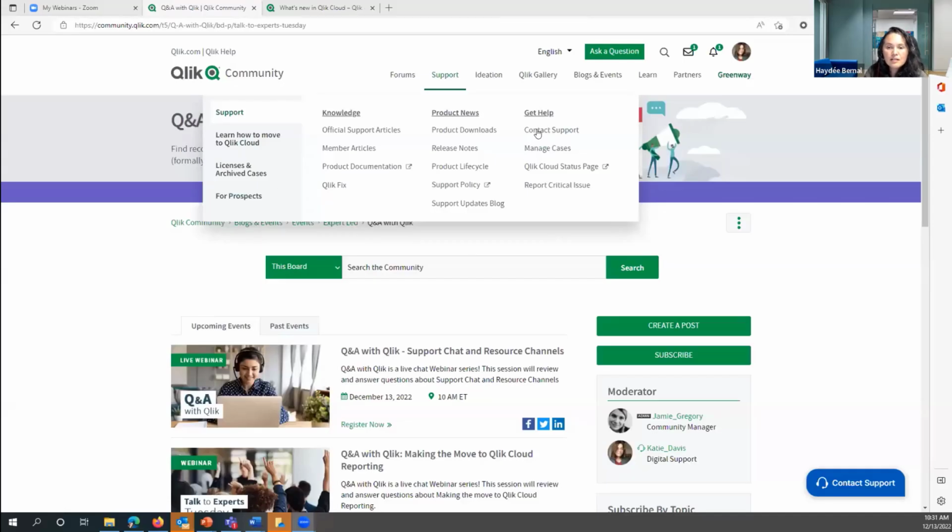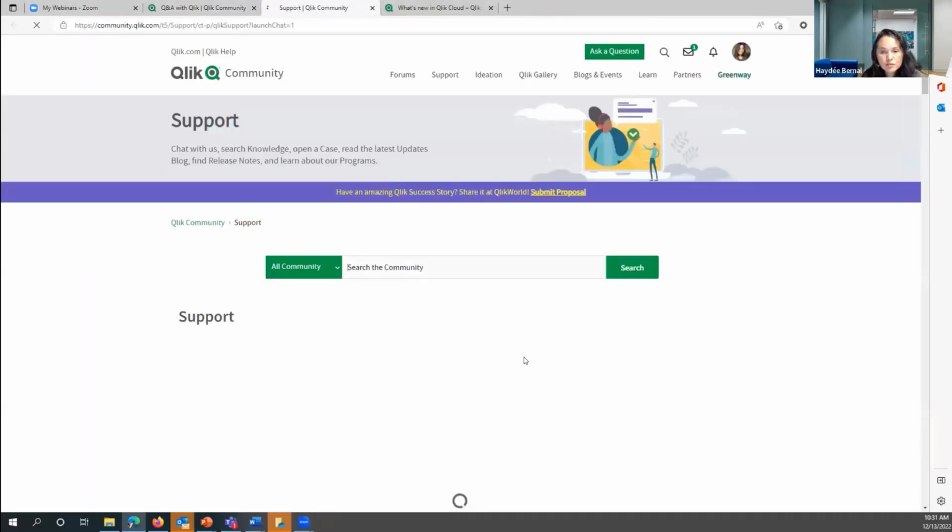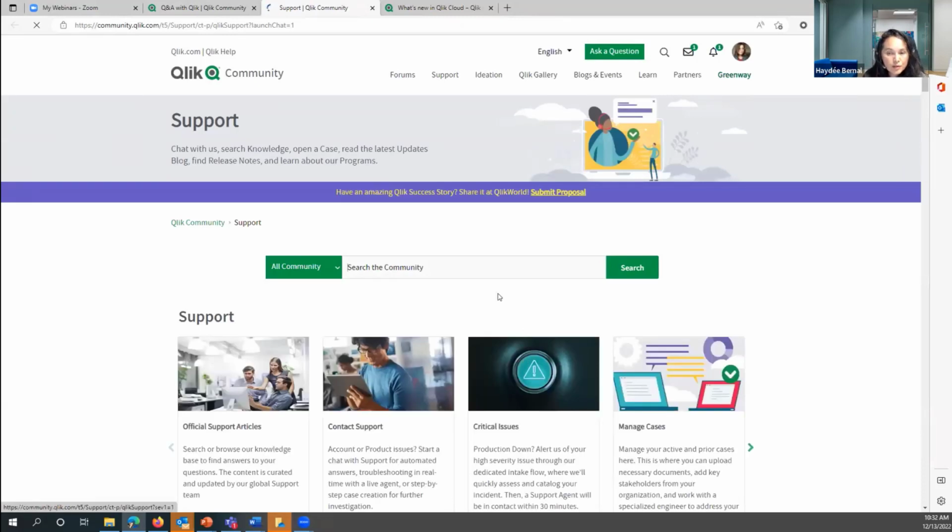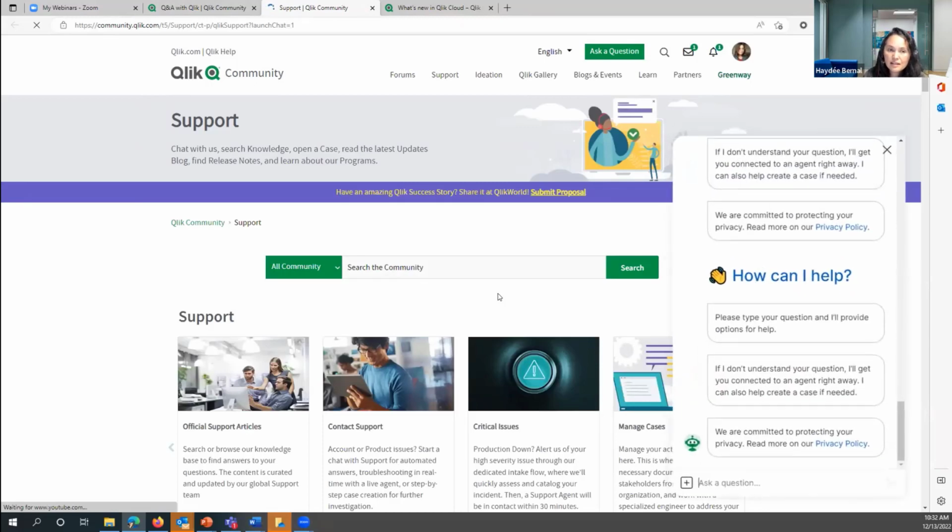Thank you. So yeah, the fastest way is obviously our chat. And the great advantage is, of course, that our chatbot is available 24 hours a day, 7 days a week. And it can basically give you automatic answers to the most frequently asked questions. But we also do have our support engineers and customer support also. They are live agents available for troubleshooting, whether you have a product or account issue. And our live agents are only available 24 hours a day, Monday through Friday,